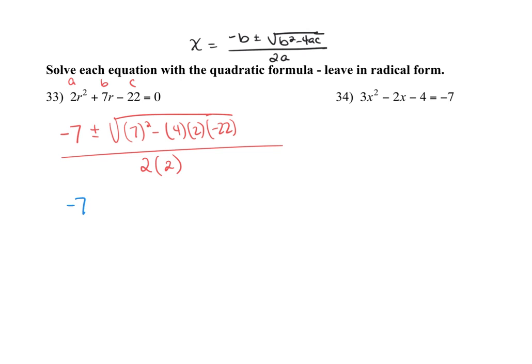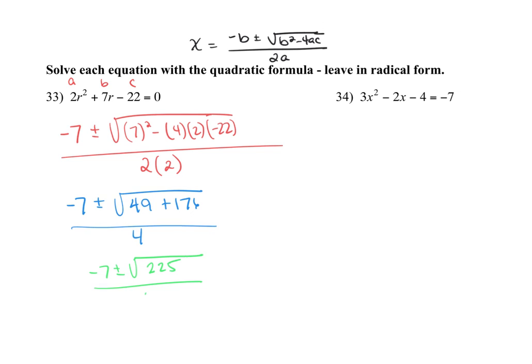So when we finish this, -7 plus or minus, what is 7 squared? Thank you, 49. Then we have 4 times 2 times 22, 176. Oh, that has a perfect root. All over 4. When it has a perfect root, like 225 does, you are going to finish this problem out